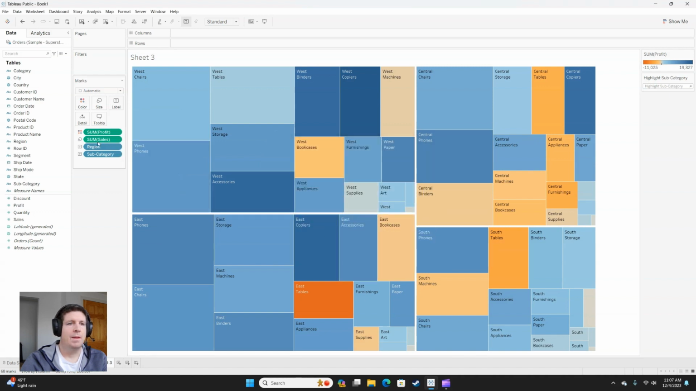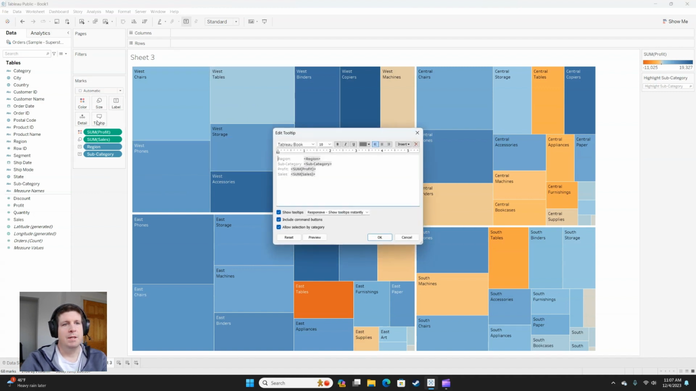Similarly, every time you hover over a mark, you have what we call a tooltip. That's going to bring up this information: West, binders, how much profit, how many sales. We can edit this as well. By clicking on tooltip, I can modify how the tooltip appears. Out of the box, tooltips are okay, but I think modifying your tooltips and customizing them really take your charts